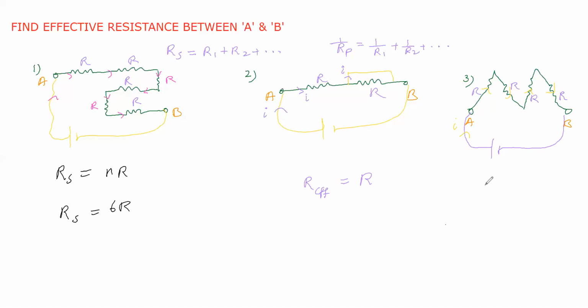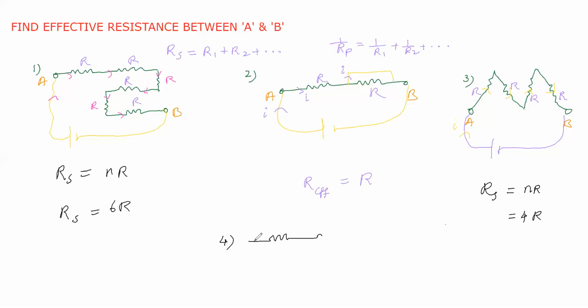All the resistors are in series combination, so the effective resistance in series combination, RS, is equal to n times the single resistance, since all the resistances are equal. Here n is equal to 4, so the effective resistance is 4R. Suppose the resistance values are different, then we have to consider the values of the resistors also. So we take an example, the fourth problem.